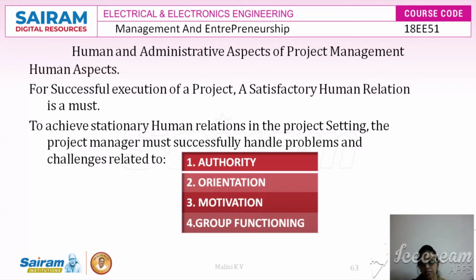In this task, the project manager ultimately has to have all kinds of leadership capabilities, sensitivity to understand human nature and perceptions, and concern for the welfare of the team and of others. The project manager has to have a maturity which comes with experience, and there should not be any kind of biased approach. There should be an impartial approach, and the project manager has to be honest and genuine. The task is going to be very, very difficult, to maintain the same pace at all times. This is the human aspect of project management by the project manager.